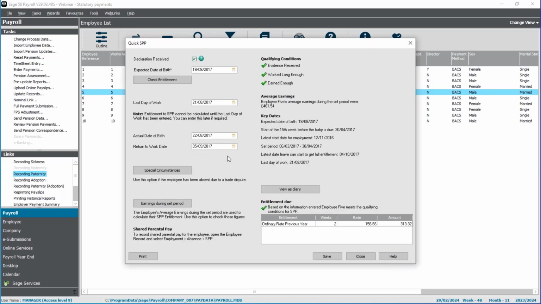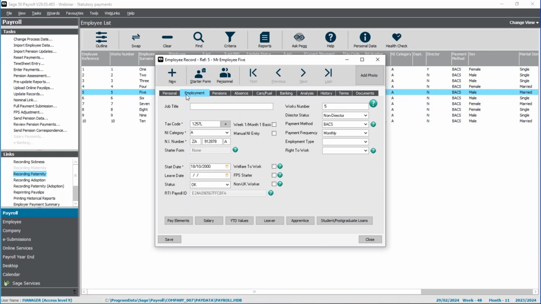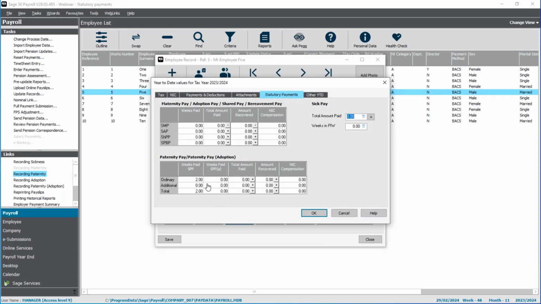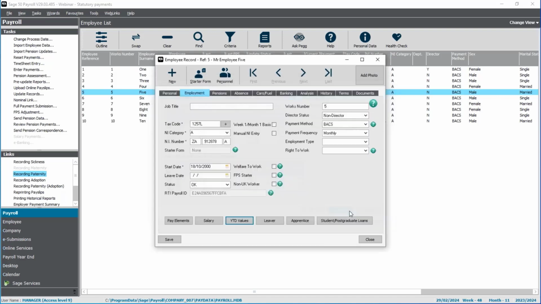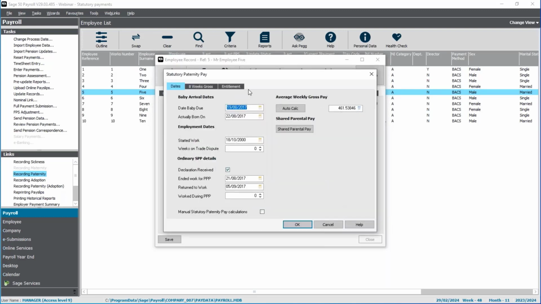And I can see actually, yeah, this is old information from 2017. Last time they were off on paternity leave. Now, because this information is present, if I just show you in the employee record, from the employment tab, I can go into the year-to-date values, and then within statutory payments, I've got 2 weeks of SPP paid. And what that means is if I just went into the absence section, and I just went into SPP and amended the dates, so maybe we're going to put the due date in for February this year, we'll put a born on date, we can put an ended work date and a return to work date,